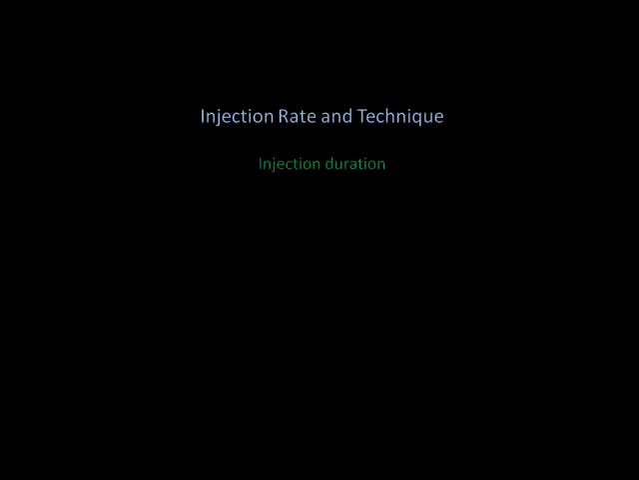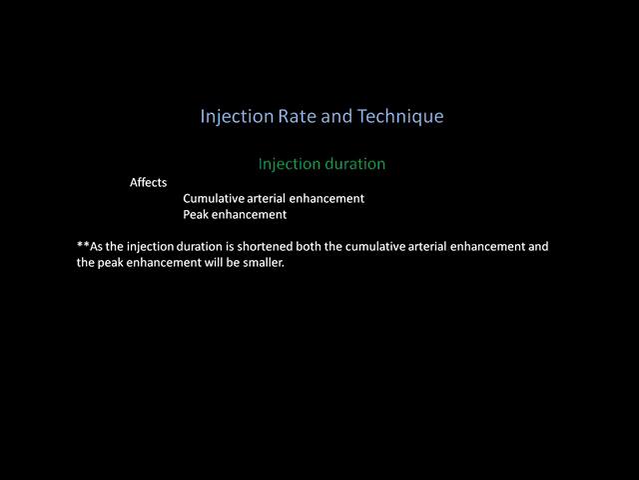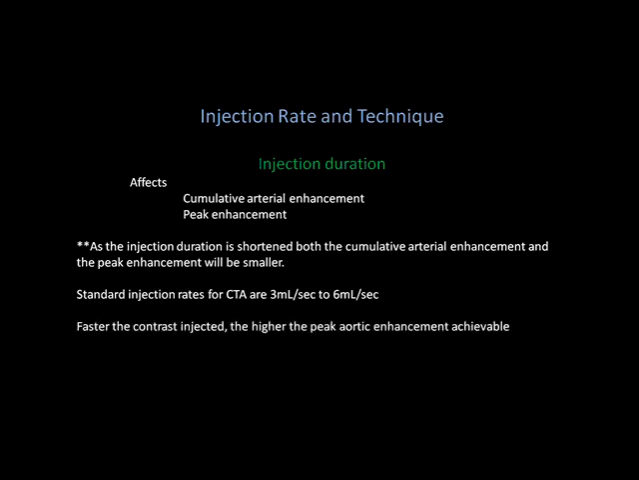Let's talk about injection rates and techniques. The injection duration affects the cumulative arterial enhancement and the peak enhancement. As the injection duration is shortened, both the cumulative arterial enhancement and the peak enhancement will be smaller. Standard injection rates for CTAs are 3 mLs per second to 6 mLs per second. You normally see it right around 4. The faster the contrast is injected, the higher the peak aortic enhancement